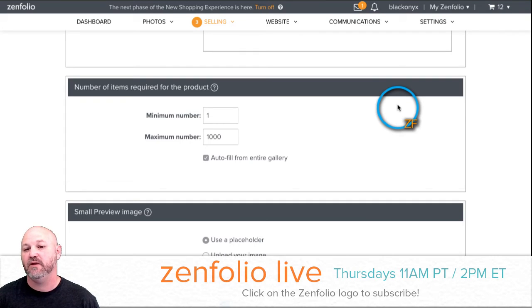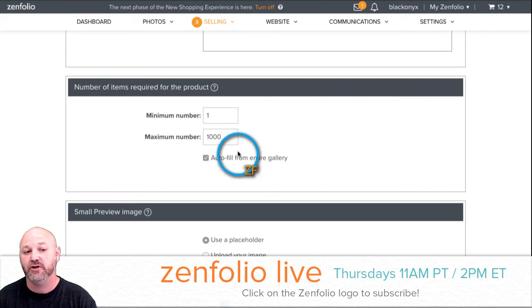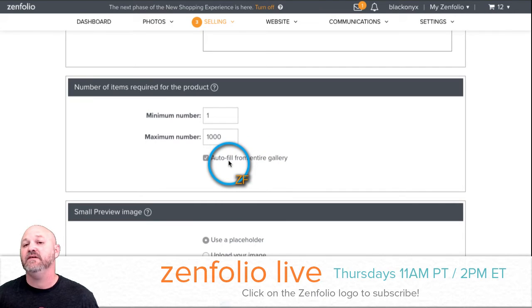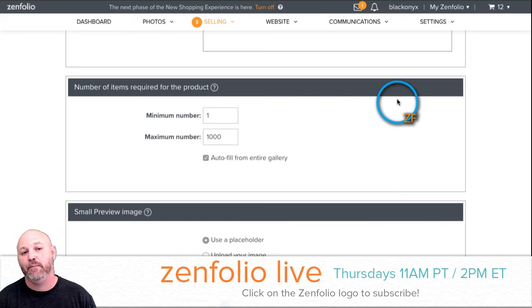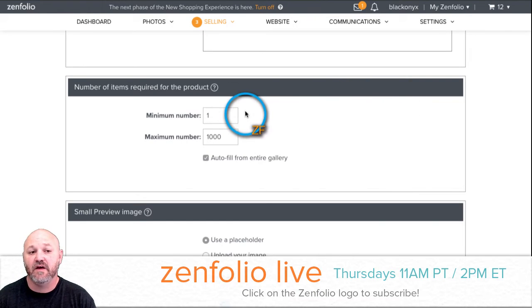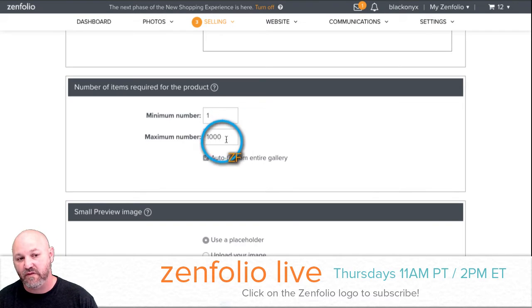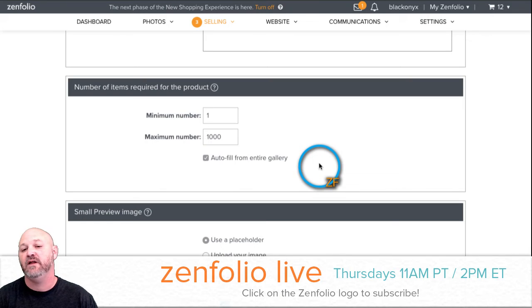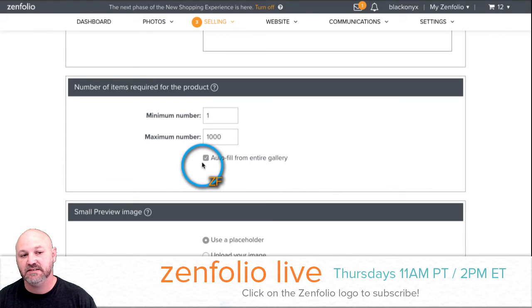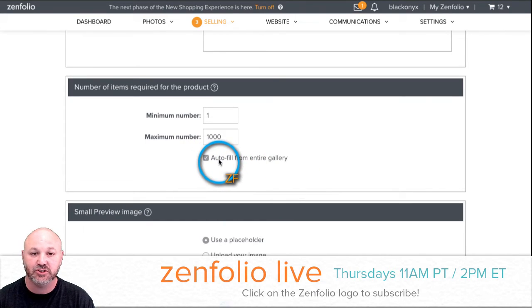So if you want it to be a full gallery download, where the clients don't have to select and drag and drop a bunch of images, you just want to make sure that you've got this autofill from entire gallery option on. So right now you can see here, the way I've got this product set up is that once a client purchases this digital product, it's going to automatically add all of the photos in the gallery, up to 1,000 photos, to this digital product for the client, and they won't have to go through and manually drag and drop them into place. So that is the thing that makes it work right here,